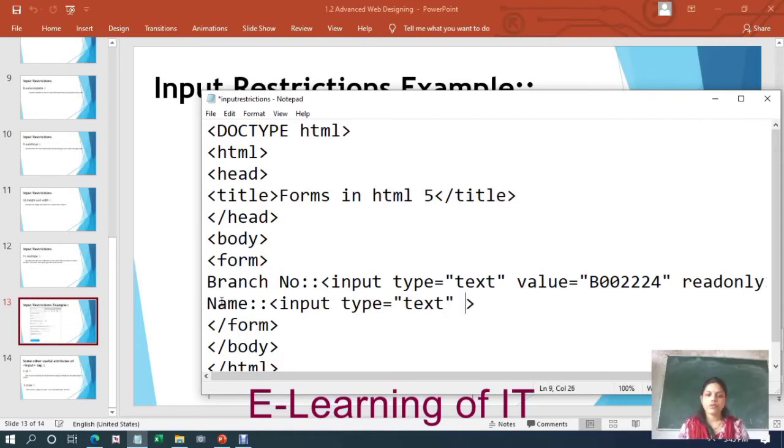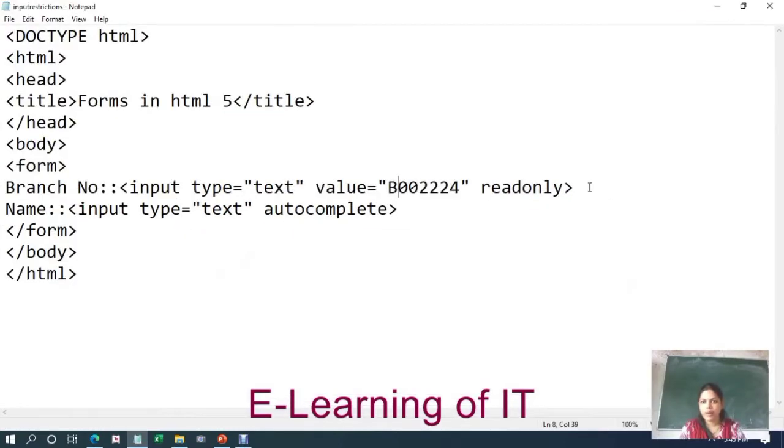You can use autocomplete for this field as well. So by specifying this field as autocomplete, the user will be provided with suggestions for this field.